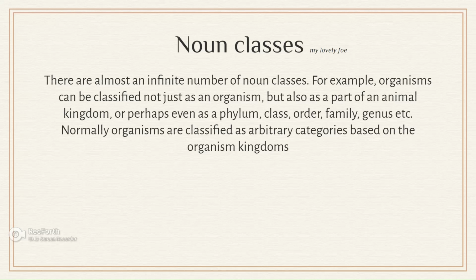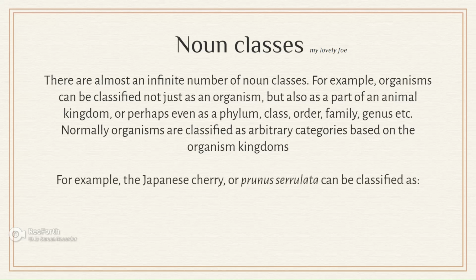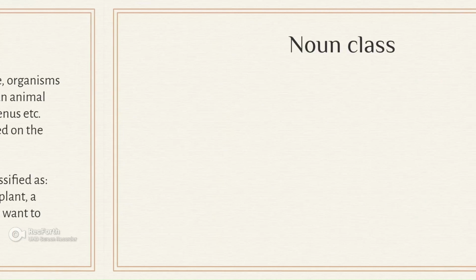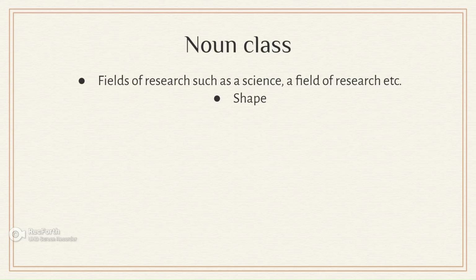Normally, organisms are classified as arbitrary categories based on the organism kingdoms. So you have the organism kingdoms, and then you branch them into different things. For example, the Japanese cherry, the Prunus serrulata, can be classified as a prunus, a rosaceae, an angiosperm, a plantae, a decorative or non-decorative plant, or anything a lot more based on context and what you want to emphasize about the Prunus serrulata. Noun classes can also be for fields of research such as science, humanity, and you can classify